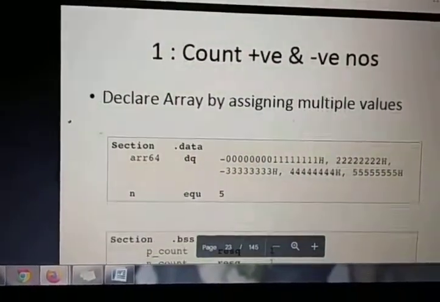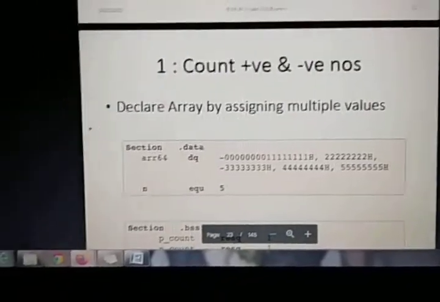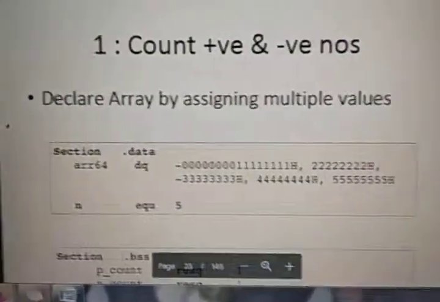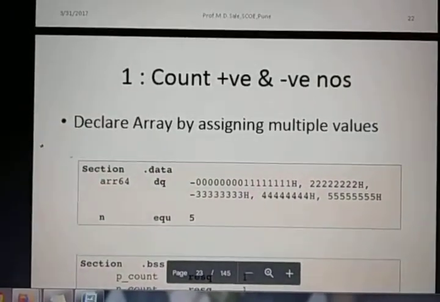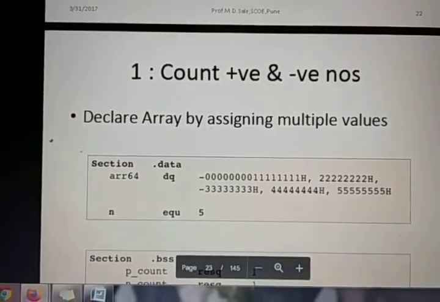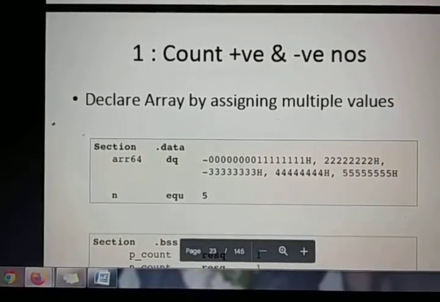So this is your program. Now we will start your program. This is the framework only. Whatever we have discussed in the lecture till now, it is the framework, means the definition of the macro, the display procedure, and the ASCII to hex and hex to ASCII conversion procedures. But now this is your actual program.